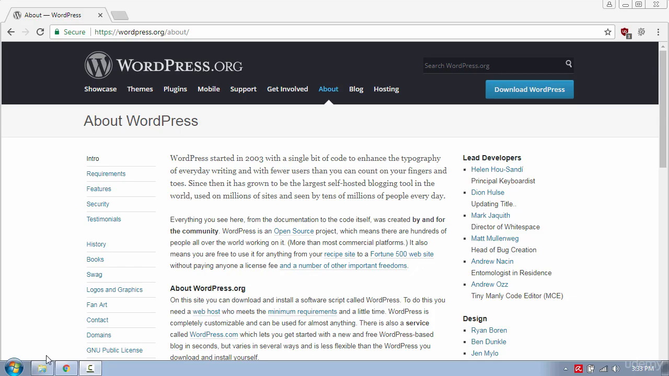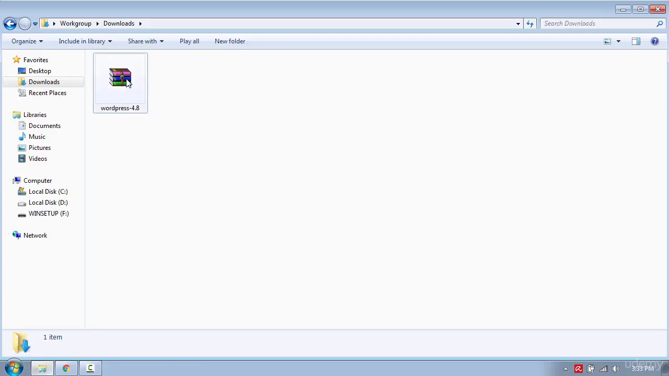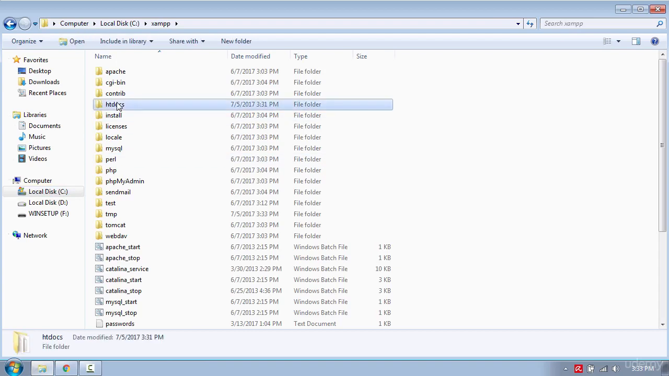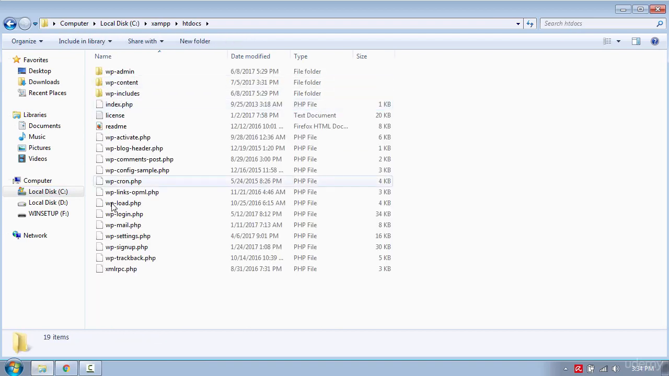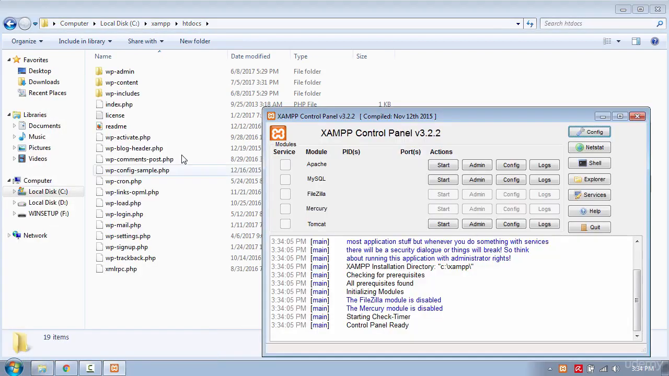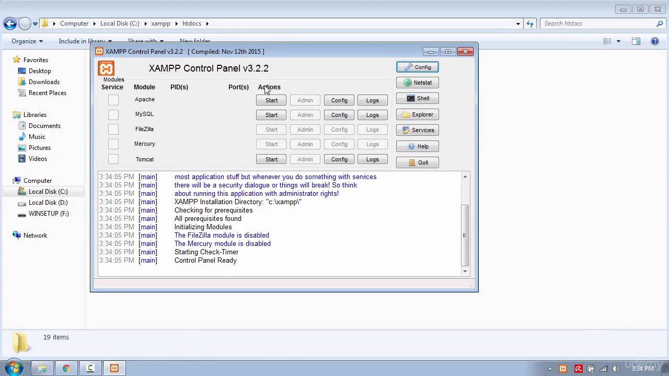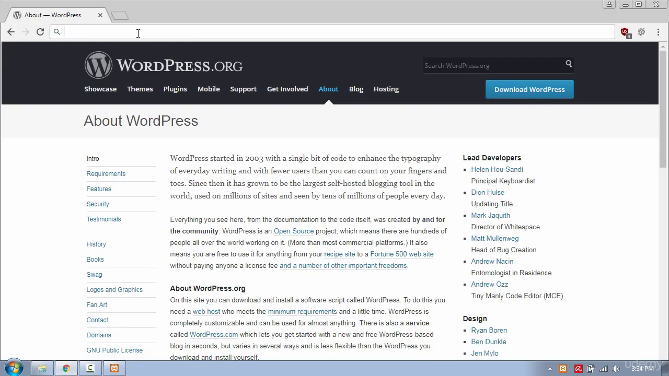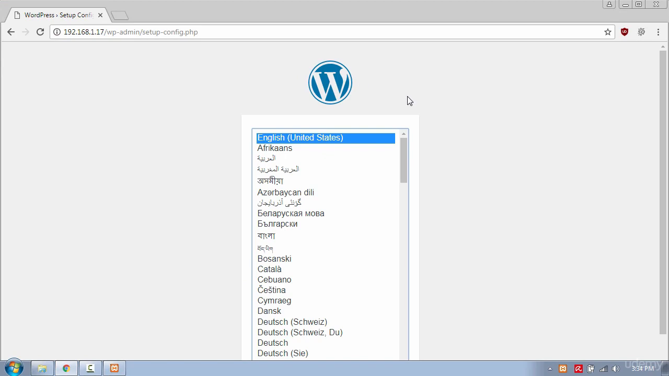I already did this process, and now select the zip file and extract it to the XAMPP htdocs folder. I assume by now that you know what XAMPP is. Now go ahead and start the Apache and MySQL database server. Once done with that, open your browser and type your local IP address, and you'll be brought to the installation